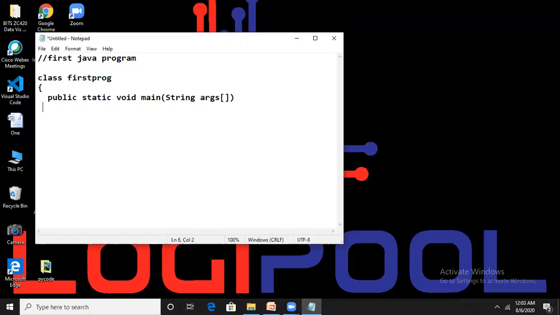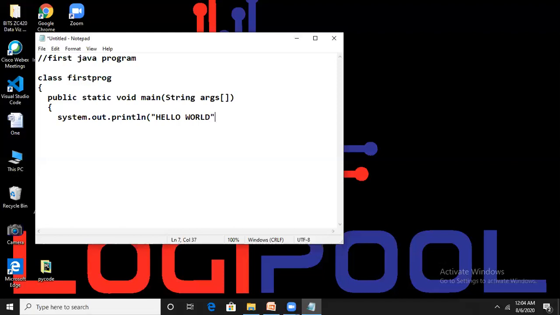Next, open curly brace, open up the main method, and here type System.out.println. Type here Hello World.